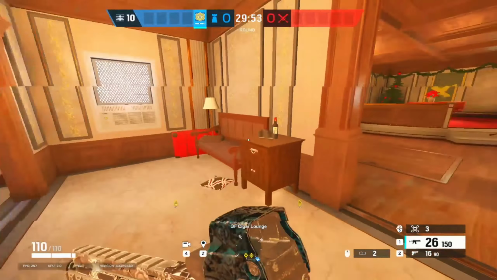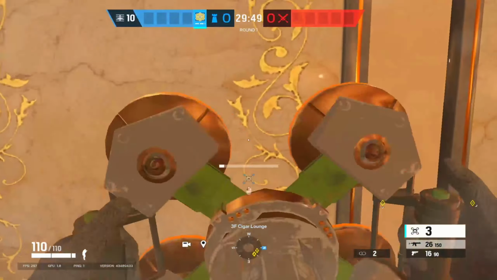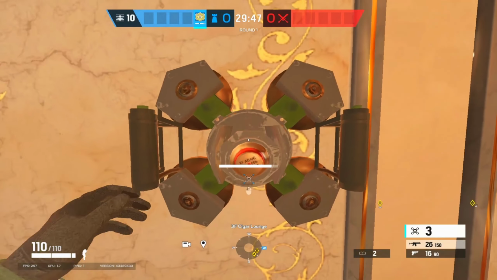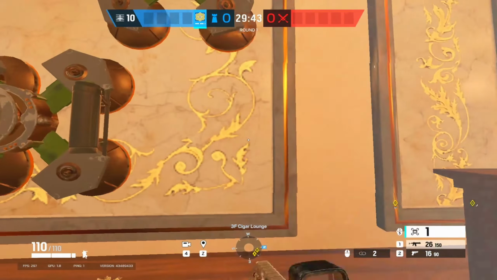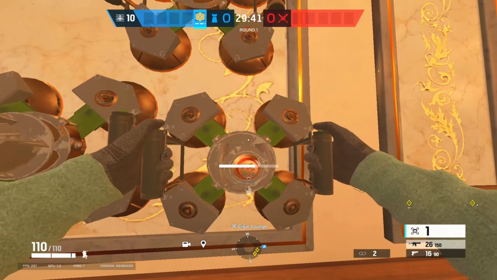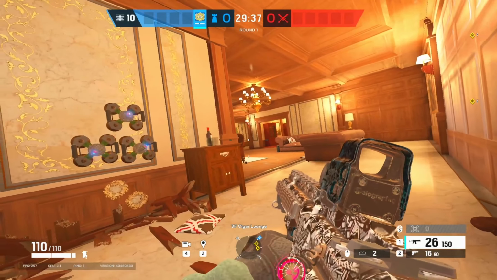Here's another way that I would use Jager's ADSs. So let's say you have a shield here at pixel. Place your ADSs like so. Basically, Jager's really strong when you want to stack your utility to keep the attackers out. Yes, they will be able to burn these, but having them set up together like so will help you out